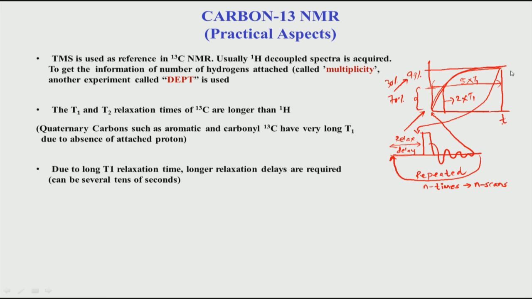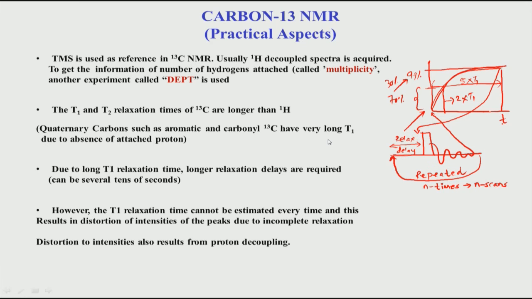Therefore, the intensity has not fully come back to equilibrium, and when the intensities are not the correct value, you cannot use them for quantifying. What does it mean? That means they are no longer proportional to the number of carbons. Remember, this is a big difference from proton NMR. In proton NMR we saw that the number of protons is related to the area of the peak. So, from the area of the peak we were able to recover the number of protons, but you cannot do that in the case of carbon NMR.